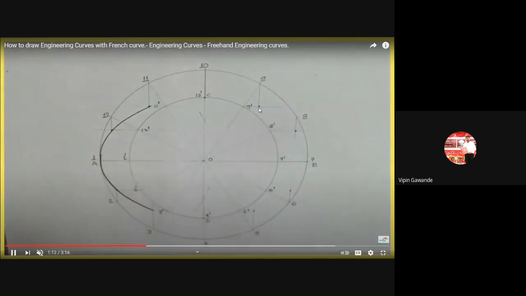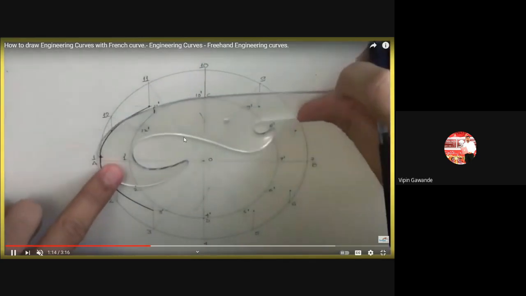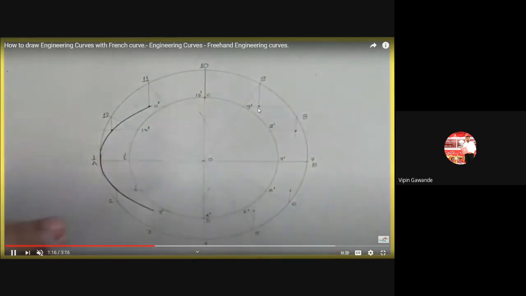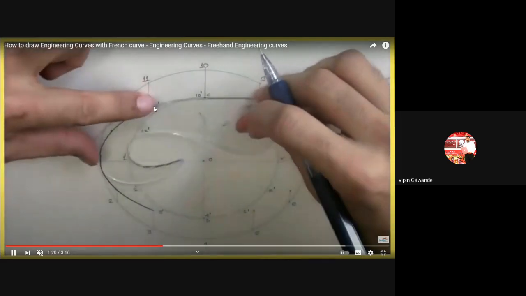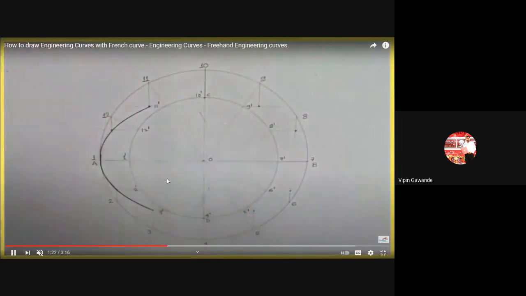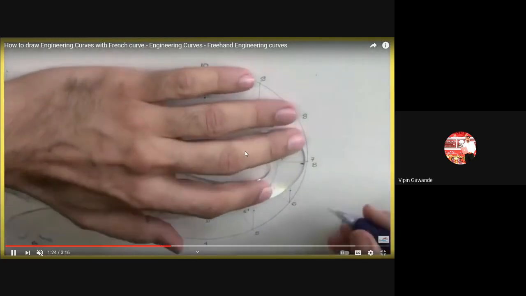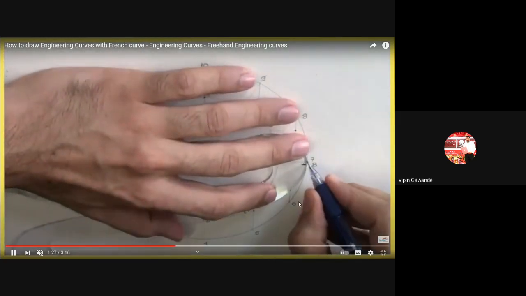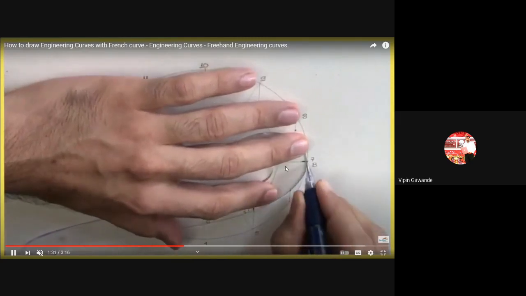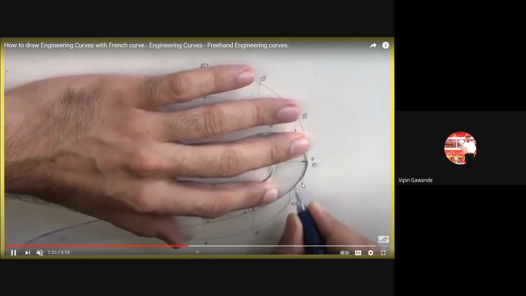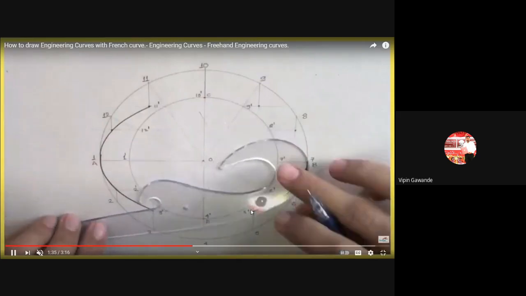Now here we have this point and this point. Okay, so if you want to join the 1 2 and 3 points, so you have to again adjust the curve. So French curve कसा use करायचा? So like this you have to use the curves. Now see here again he is taking 1, then this is second point and this is third point. So 2-3 points त्या French curve च्या corner ला यायला पाहिजे, and then you have to draw the curve.